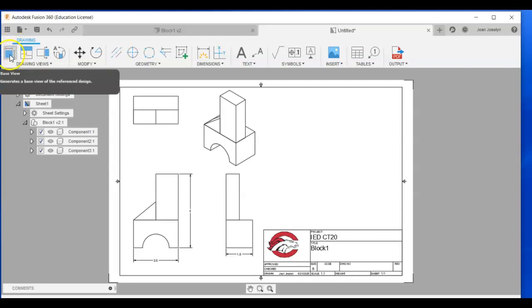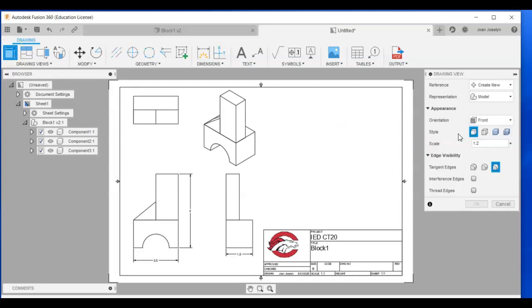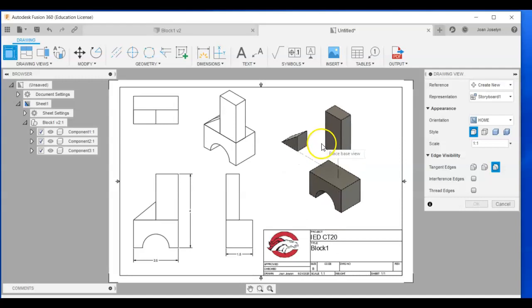So if you come over here to base view and click on it, my computer's getting slow now. Come over to representation and you'll see it says model. If you bring in the model, you'll be bringing in what you made initially. And now you want to drop down so you can bring in your storyboard. If you don't see storyboard populating, try updating this link or going back to the exploded view we just made and making sure you've saved it. So once all that happens, you'll find storyboard, and hopefully your computer will handle this little animation and then you'll